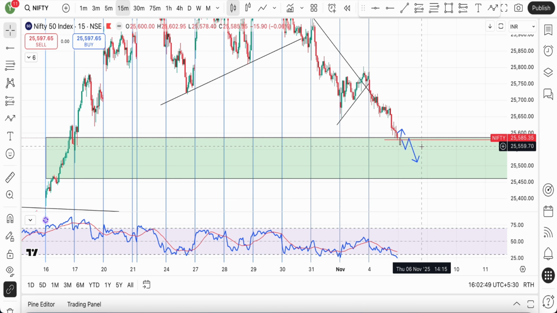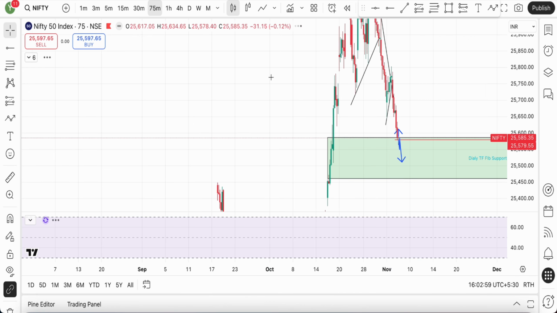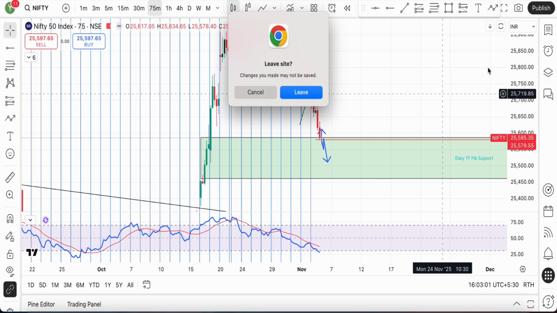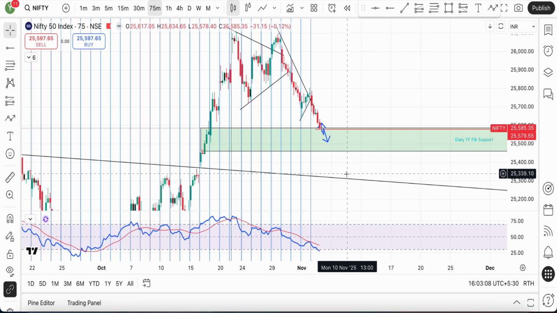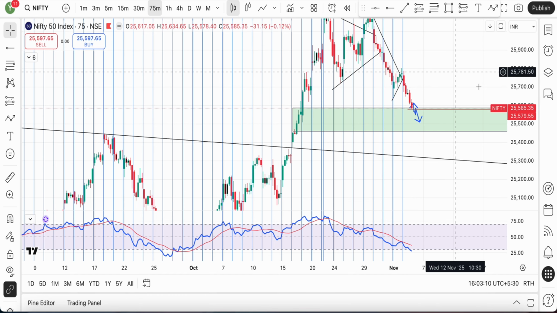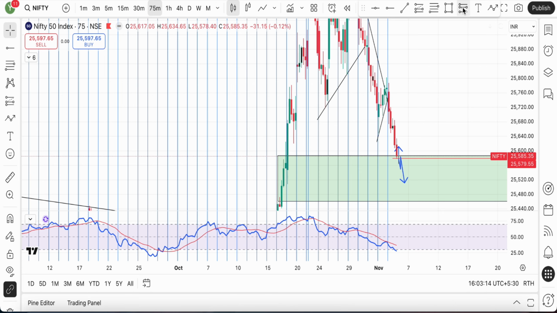right? Out here, if we find some positive price action in this particular zone, we will be looking at a trade on the long side. But then again, that will be a low probable trade for me for right now. If we look at the price on a higher time frame,